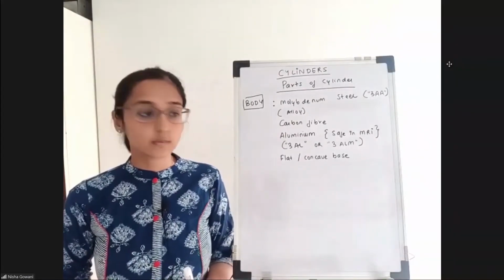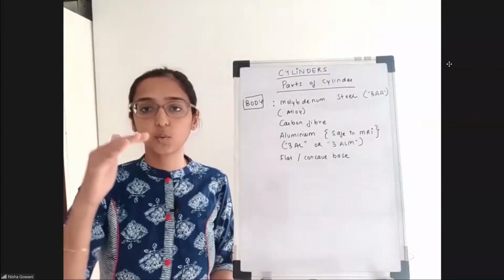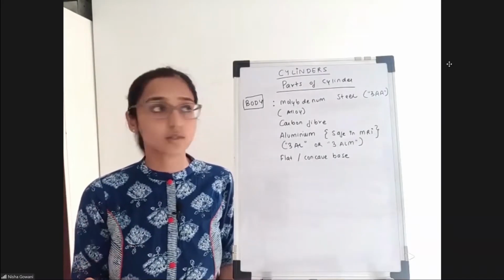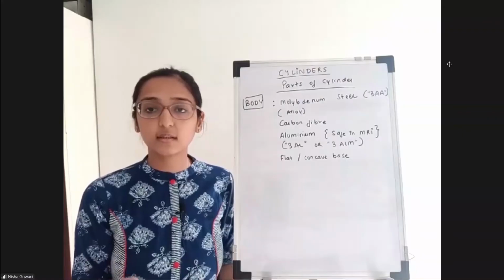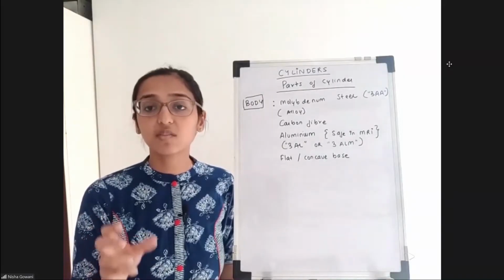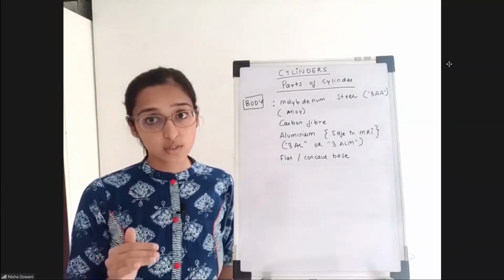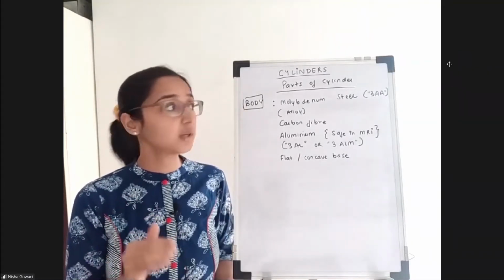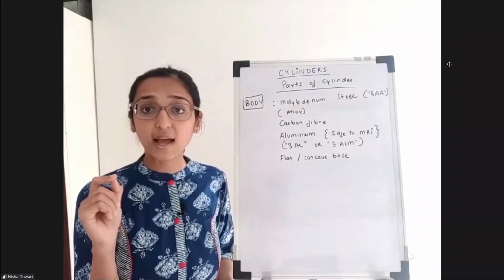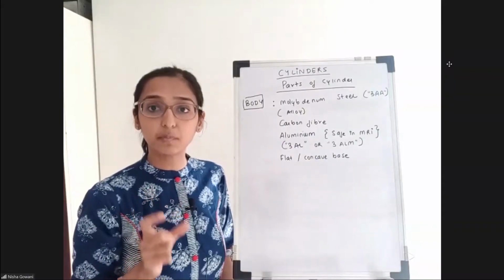Now let's understand the individual parts of the cylinder. The parts of the cylinder are the shoulder, the body, and then the valve. Let's understand the individual parts and then we shall see the images. The body of the cylinder: what is the material? The material is molybdenum steel. This molybdenum steel is an alloy of molybdenum and chromium. It gives a lot of strength to the cylinder, reduces the weight of the cylinder, and is right now the most preferred material for making the cylinder. When it is made of molybdenum steel, the cylinder will have a marking on it, which is 3AA. So a 3AA marked cylinder is made of molybdenum steel.